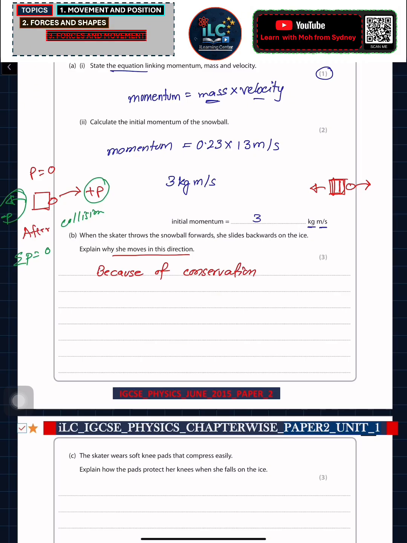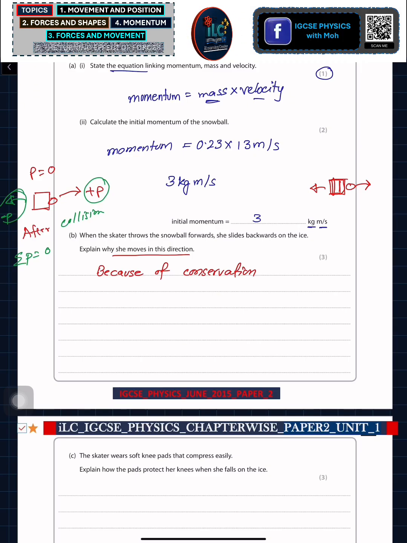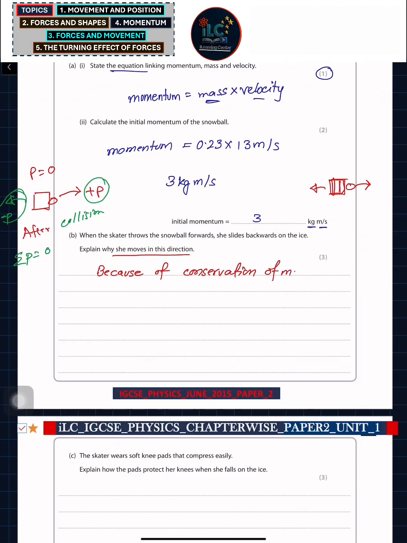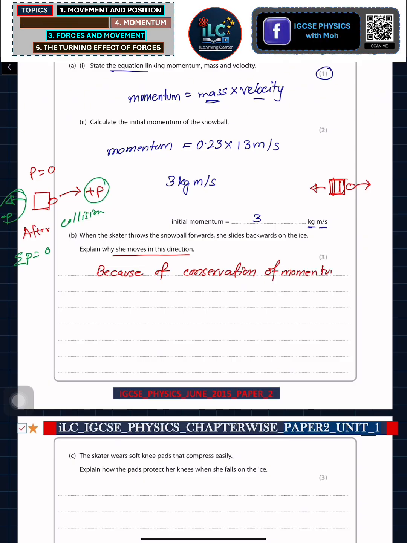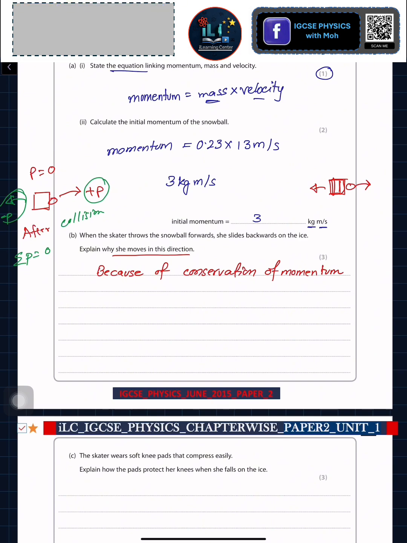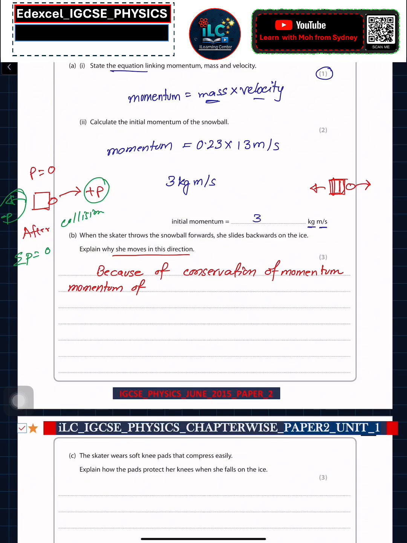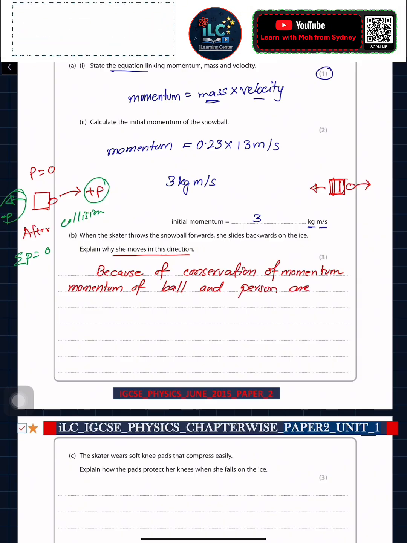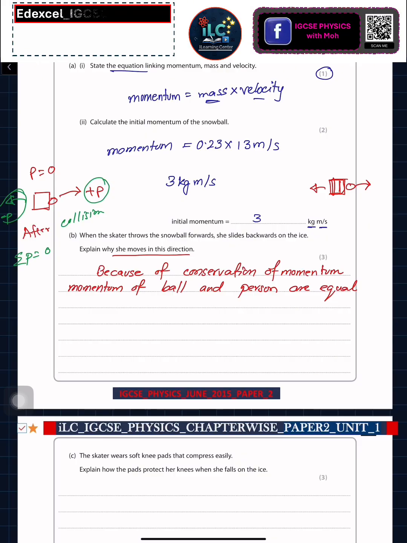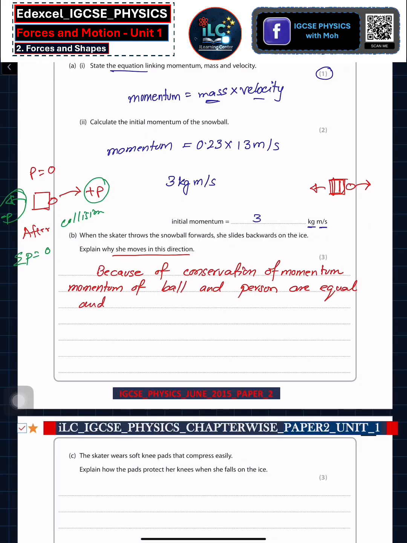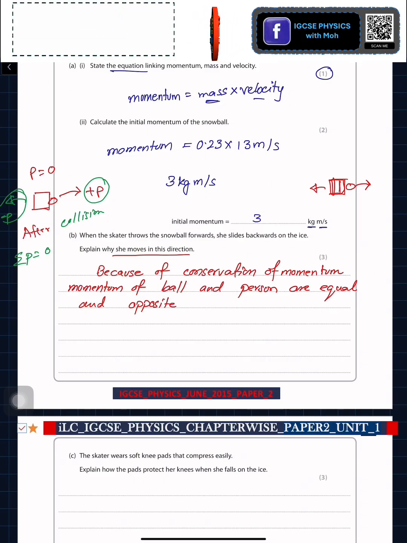We are just going to explain the same thing here. So because of the conservation of momentum, momentum of the ball and the person are equal and opposite. You could have used Newton's third law as well here,